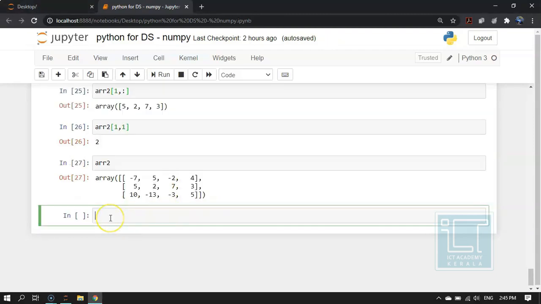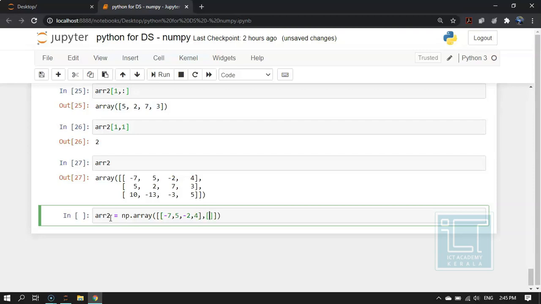Okay. Next we are going to make an array with some negative values. So I am going to name it array2, and it is an array with some negative values also. So we'll put some negative values. So this is the first list.